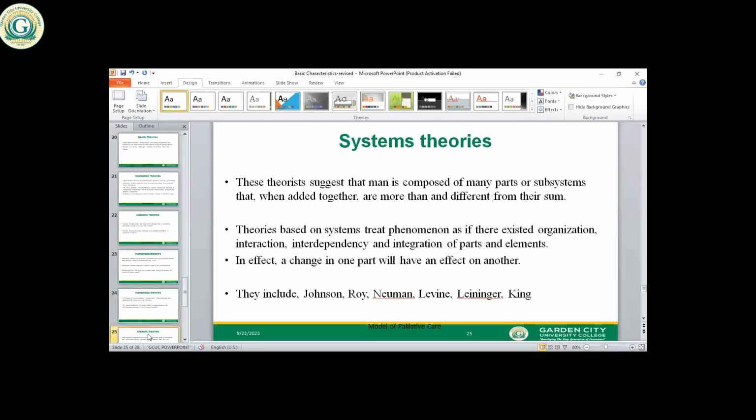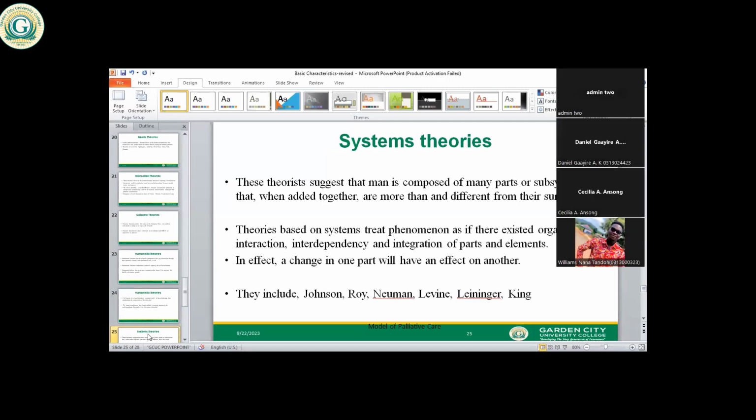Then we moved on to the system theory. We mentioned that with the system theory, theories bring out the fact that an individual is made up of systems and subsystems. Collectively, these systems come together to function to make the individual who he or she is. So it helps us to appreciate the fact that for ill health to even come about, when there is a defect or a change in a particular system, automatically it will have an effect on the other systems. And that is what the system